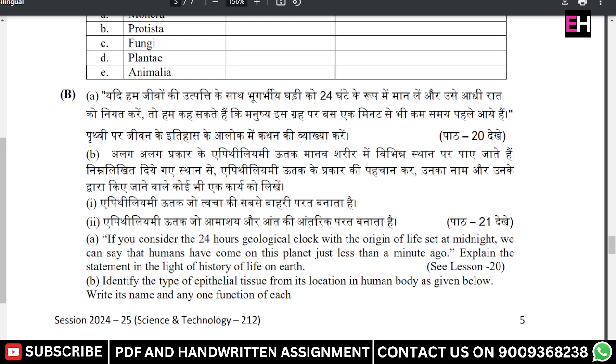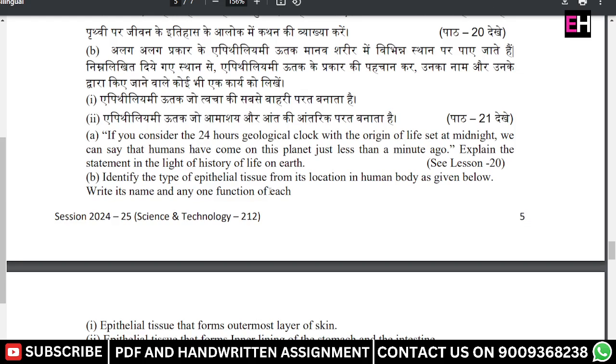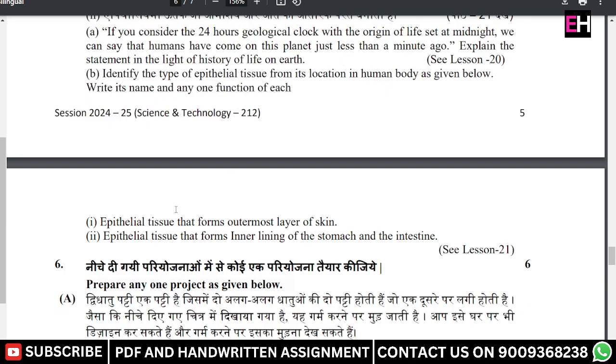Question number 5b is saying that if you consider a 24-hour geological clock with the origin of life set at midnight, we can say that humans came on the planet just less than a minute ago. Explain the statement in the light of the history of life on Earth. Identify the type of epithelial tissue from the location in the human body as given below. Write its name and any one function of each. Epithelial tissue that forms the outermost layer of skin, and epithelial tissue that forms the inner lining of the stomach and the